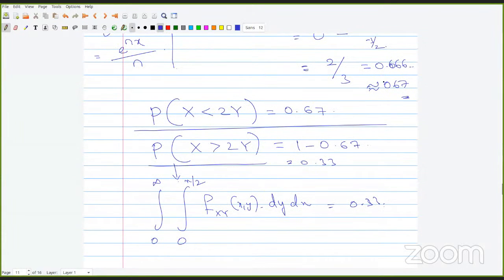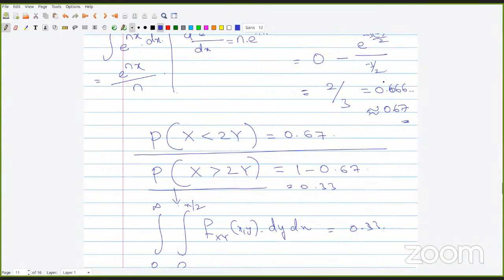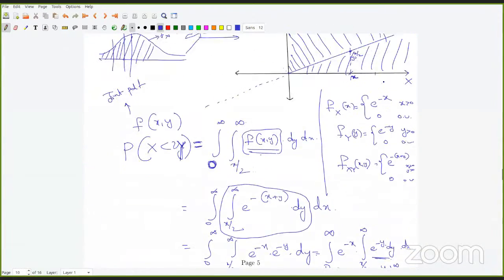Excuse me, sir. Sir, actually, I'm finding it difficult to get the limits when such questions are asked, that if x is greater than 2 or any such inequality type question. I'm finding it hard to get the limits for x and y by the graph, I mean by the drawing. Okay, what you have to do is,